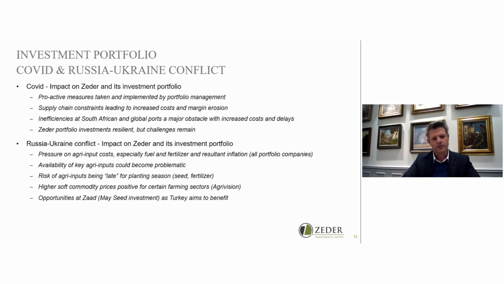In terms of ZART and specifically maize seed, it's our investment in Turkey. It's quite close to Ukraine and Russia, and that business is a trading partner. Only 7% of their maize seed revenue is trading into those markets. We actually see significant benefits for maize seed as certain seed companies start moving their operations to Turkey, away from those countries where the conflict currently is.